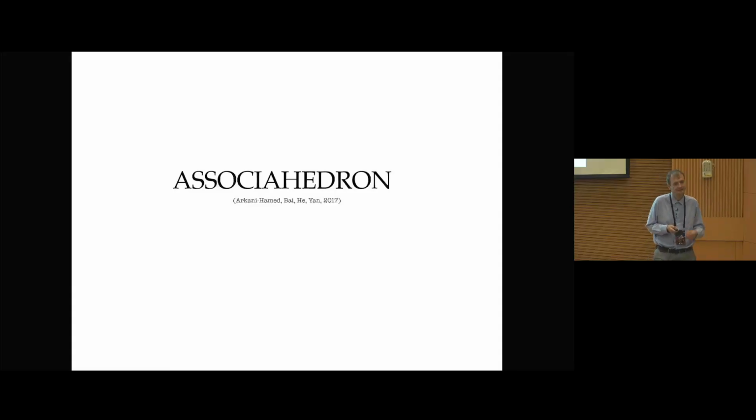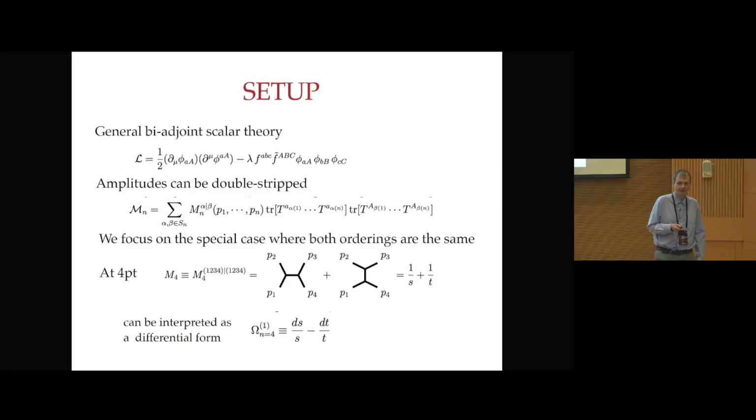But before going to the amplituhedron, we now discuss the simpler positive geometry, which lives in a more natural space, which is the associahedron, which captures the tree-level amplitudes for trace phi cube theory. Okay, so what is the theory we are talking about? It's a bi-adjoint scalar theory. We can define it by a Lagrangian with some kinetic term and some cubic